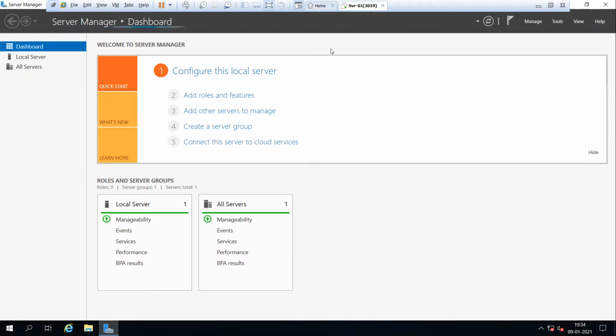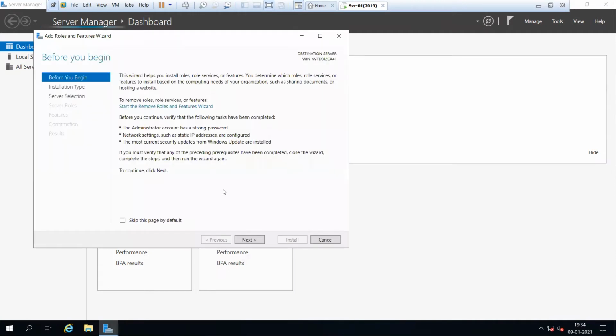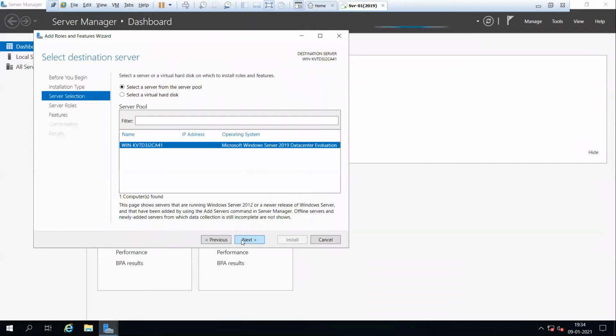Once it refreshes in Server Manager, click on Add Roles and Features, then click on Next, Next again, Next again. Then under Roles, we have the option.